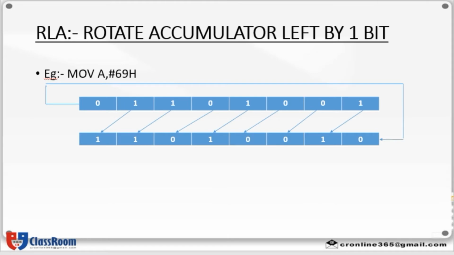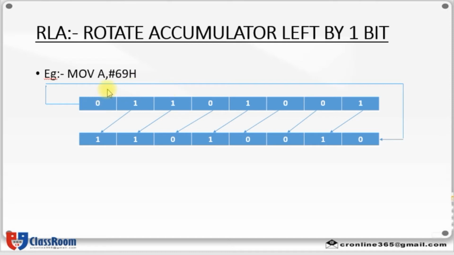First one, rotate accumulator left by 1 bit, which is denoted as RLA. R means rotate, L left, A accumulator. In rotate left, the 8 bits of the accumulator are rotated left by 1 bit. The bit D7, which exits from the most significant bit position, enters into D0, which is the least significant bit position. For example, MOV A,